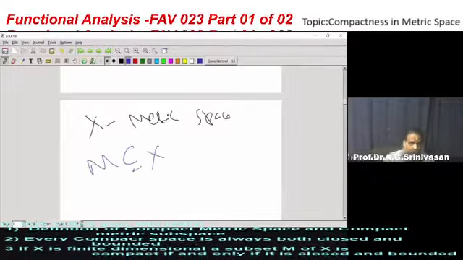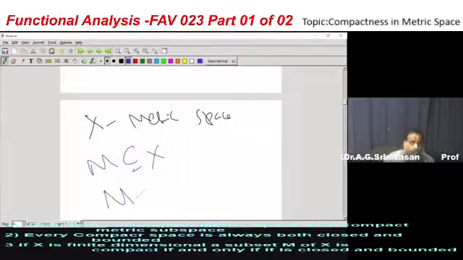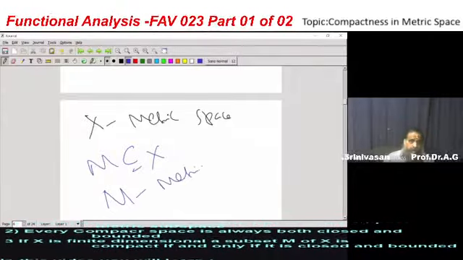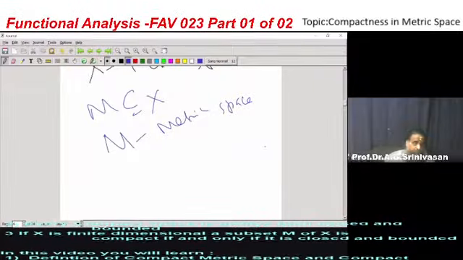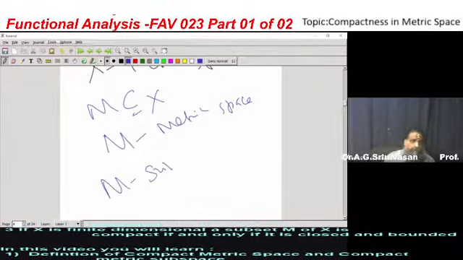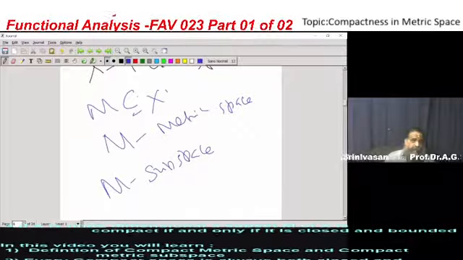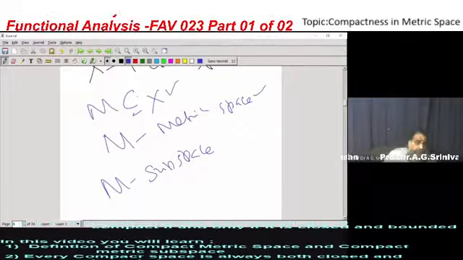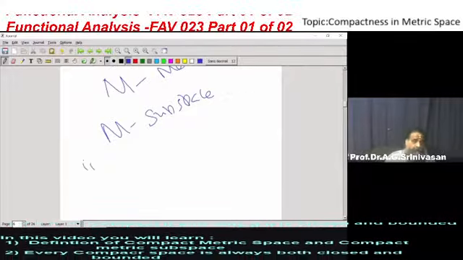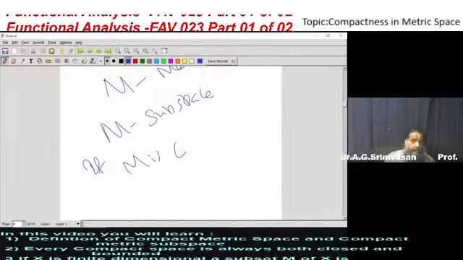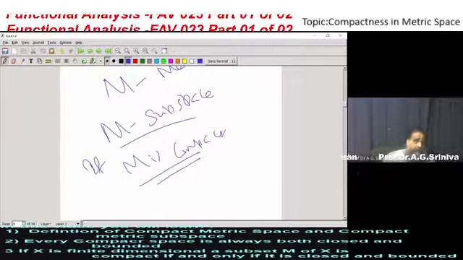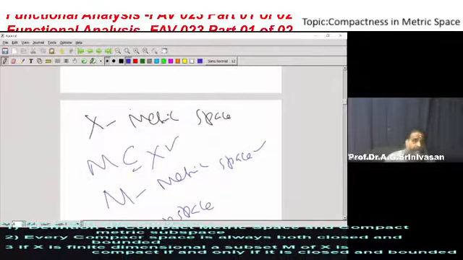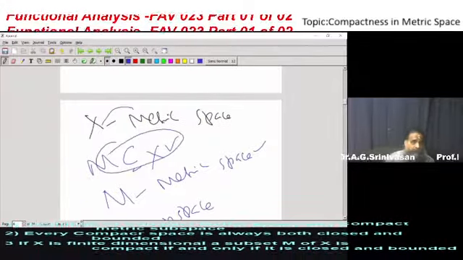M, a subset of X, such that M also is a metric space. That's the point. M also is a metric space. As a metric space, I'm calling M a subspace because M is a subset of X and itself is a metric space. If M is compact,